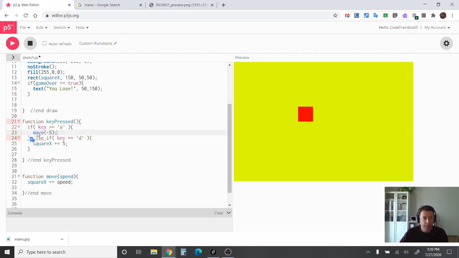So the term is passing in a parameter. The reason it's -5 is you notice I said plus equals speed. So I want it to go left, so I'm going to subtract. For this one, it's move 5. So this number is called the parameter you pass in, and technically, I believe on the inside, the variable is called an argument. So inside the function, I'm going to make reference to whatever number this is as the variable speed. So if I hit play